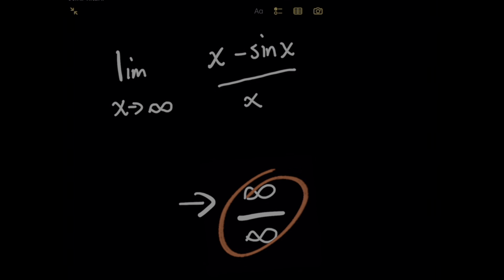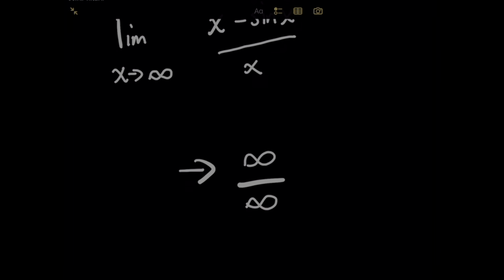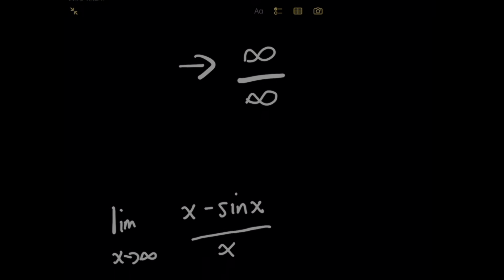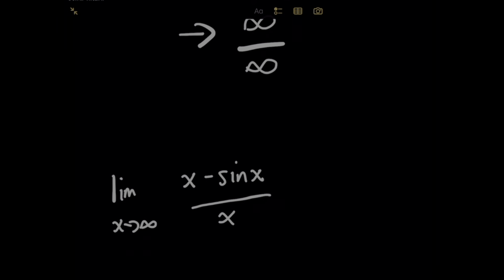And if you saw this and started using L'Hopital's rule, you are on the right track because that's the way to go, because infinity over infinity is one of the indeterminate forms where we're allowed to use the rule. And in case you don't remember L'Hopital's rule, that's okay. But as a refresher, you take the derivative of the numerator and then the derivative of the denominator, and that gives you a whole new limit that usually is simpler to work with,